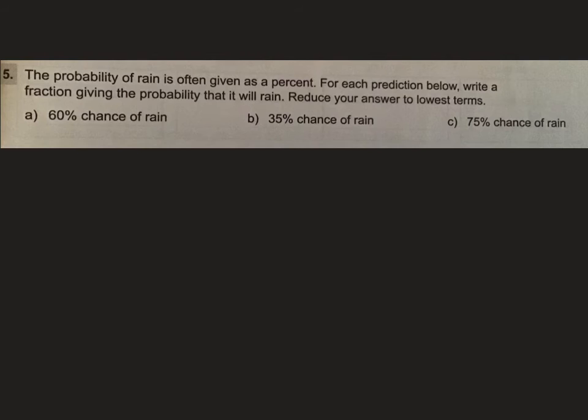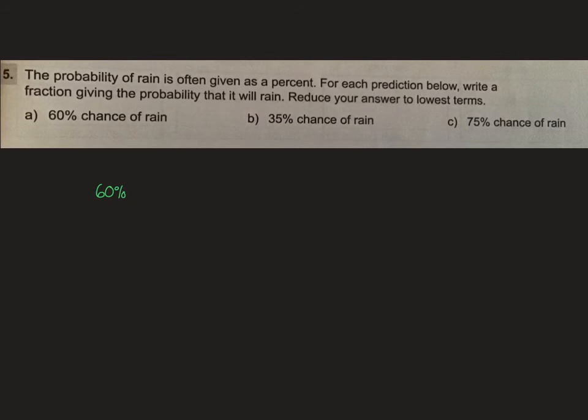Question 5 is going to ask you to check the probability of rain and convert it from a percent into a fraction in the lowest terms. So I'm just going to do A with you. If A, there is a 60% chance of rain,